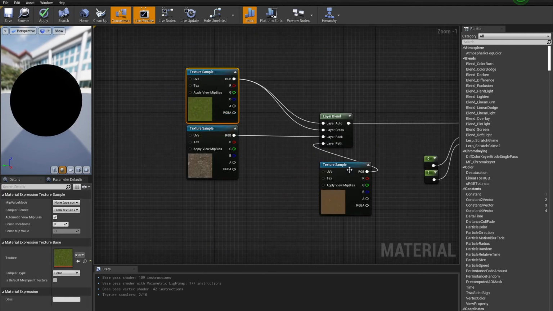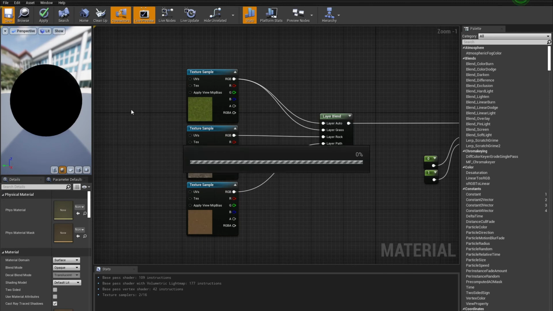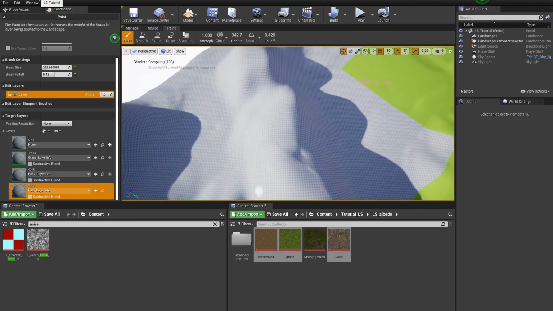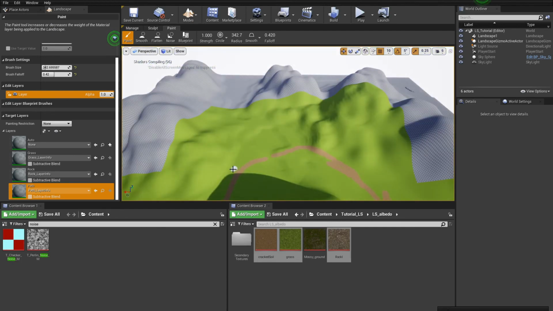Now, it isn't going to look perfect, even though I am using high quality textures, which I advise to all of you because that makes a difference. So now it will compile and our results will be seen soon. We already see the grass. It doesn't look that different, but we are looking at it from far away. So as soon as we zoom in